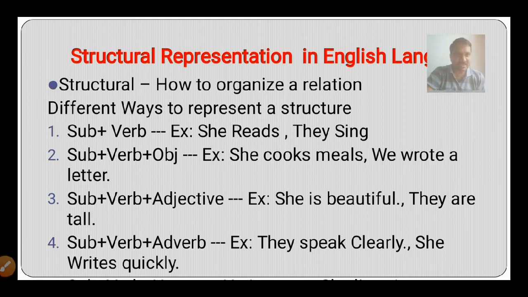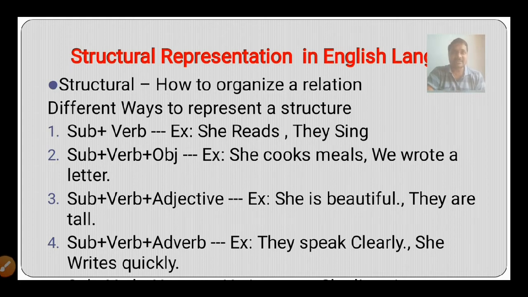When coming to the structural representation in English, what will the structure representation be like? The main objective of representing the structure is to form a relation, that is, taking a sentence, a set of words, and representing what you need to elaborate by using a specific structure of the language. There are different kinds of structures in the English language. Mostly 8 structures are there in English. Out of that, we will consider some of the examples here.